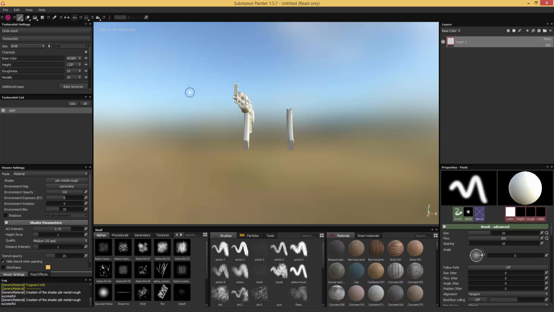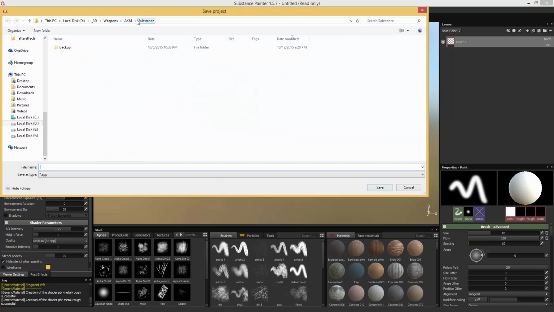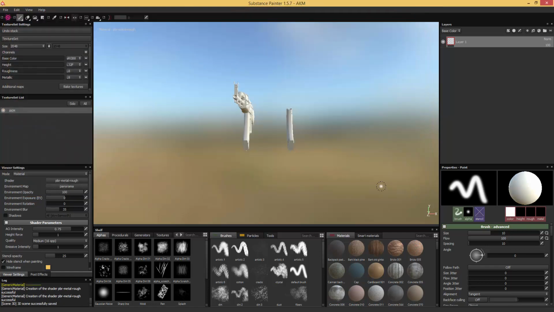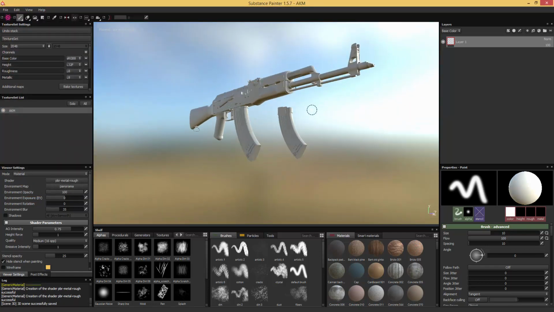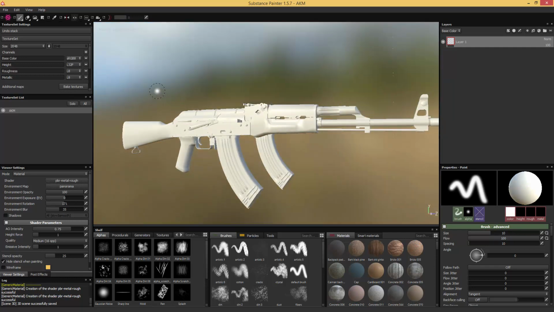And before I do anything else here, I will already go ahead and save that out here in our Substance folder where we have our low poly and our high poly files exported to keep it all in one place. I'm just going to go ahead and call that AKM here. And now we have an actual scene in here that we can work with,